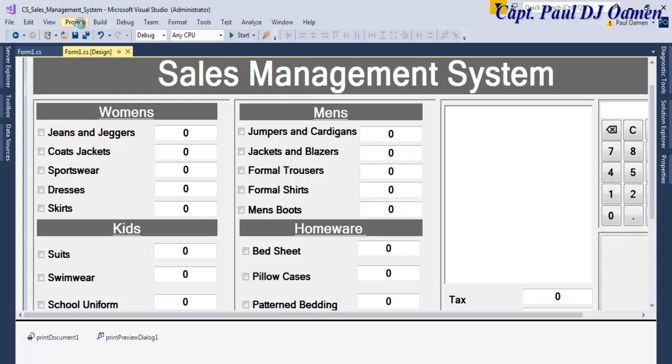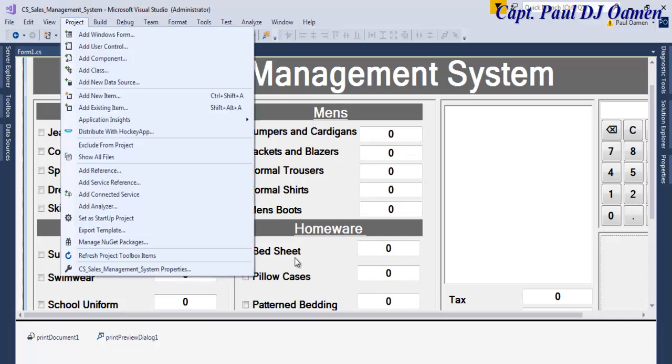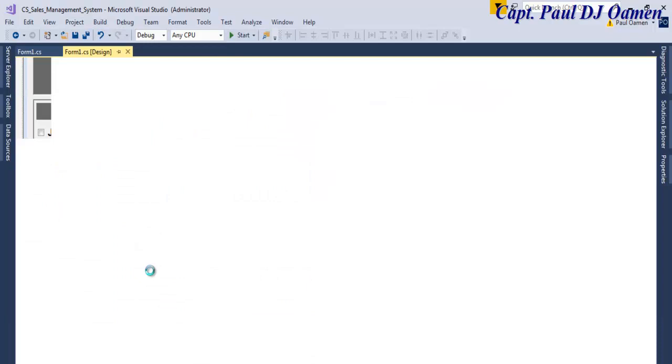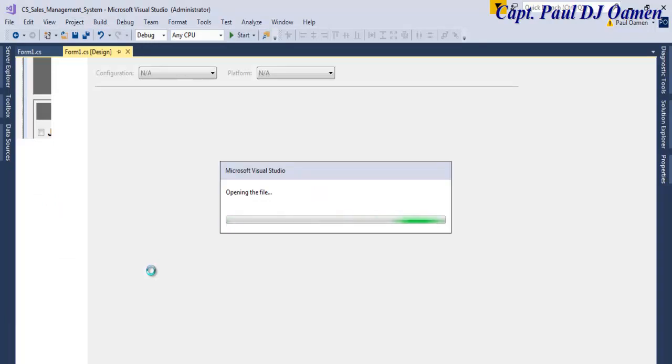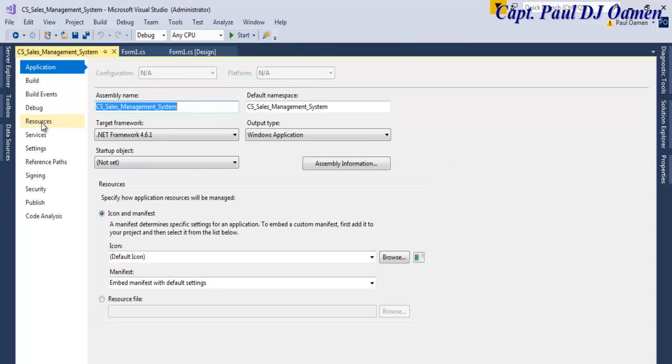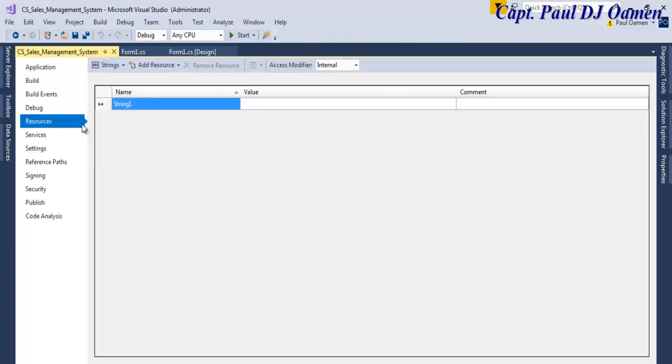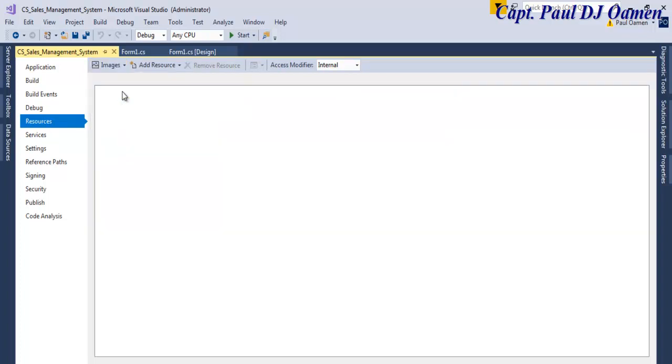Good. The first thing I would like to do is to come to my project here. I'm going to have to import the images that I will need for every single item in here. So let's click on the name of the project right here. That's the name of my project. And now we need to go to resources. Let's select where we have string. Let's select images, and right here add resources. The resources that I'm going to add are, I have an existing file somewhere, so click on add existing file,